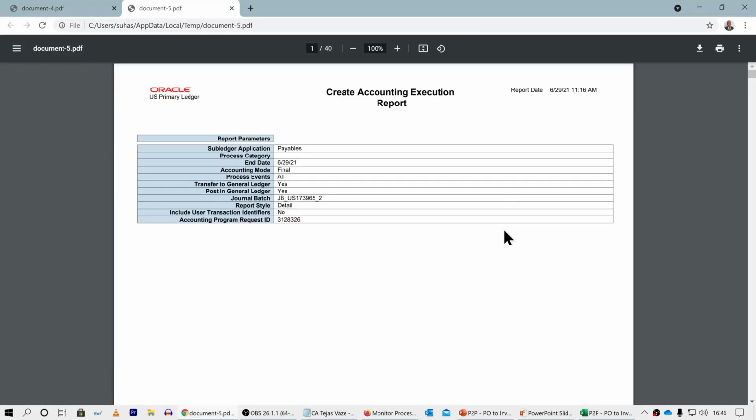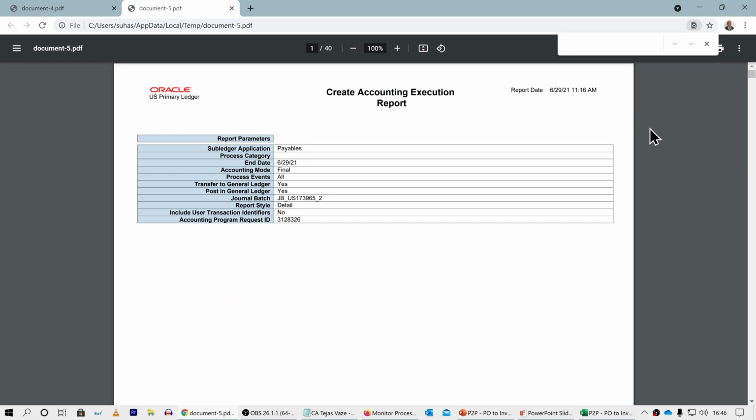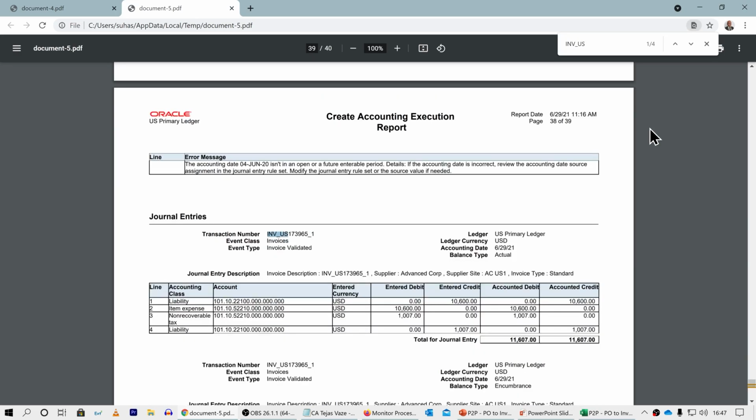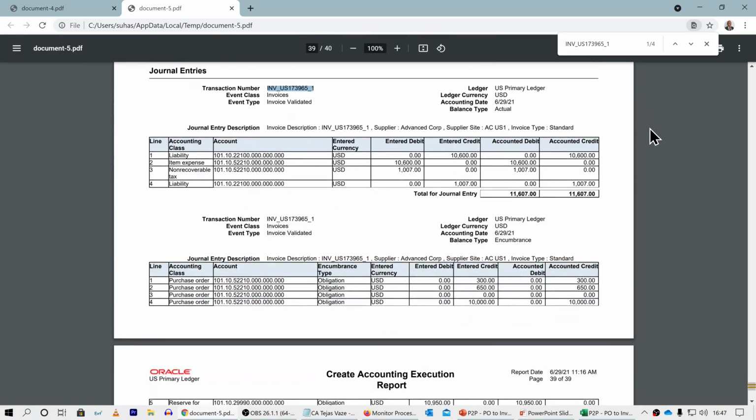Open the report. Let us search for our invoice number within this report. See that two journal entries have been passed on account of the invoice. The first journal is of the actual type and the second journal is of the encumbrance type.